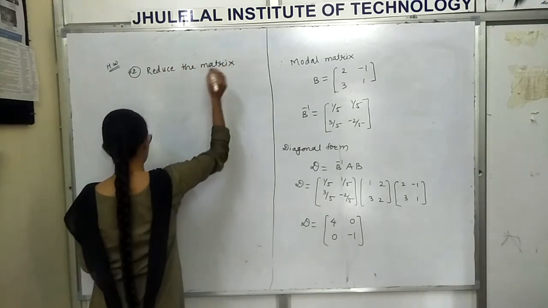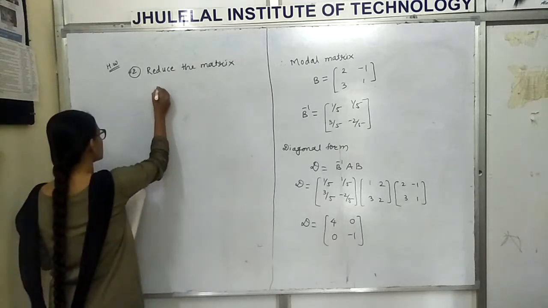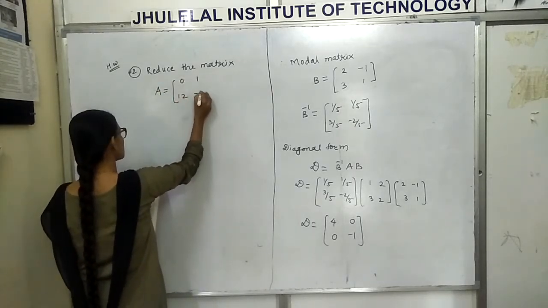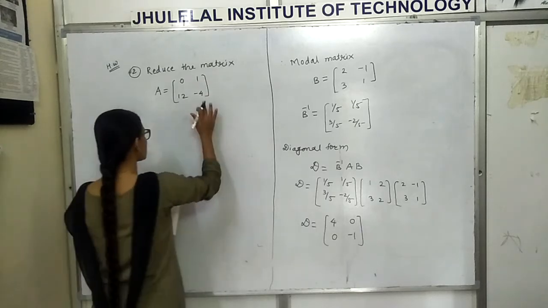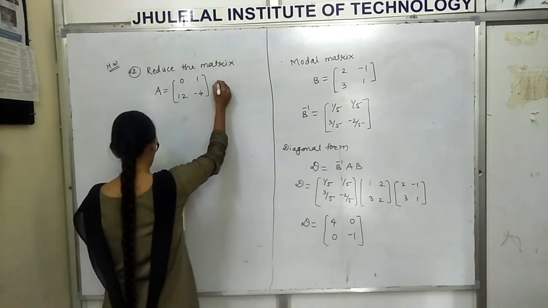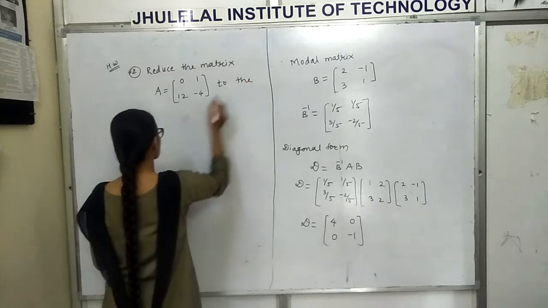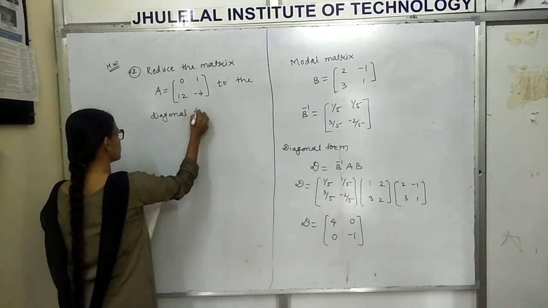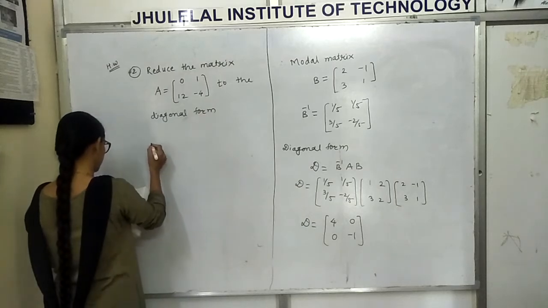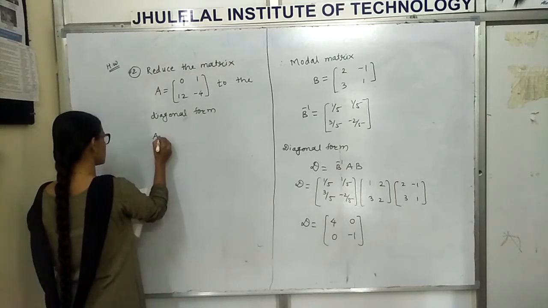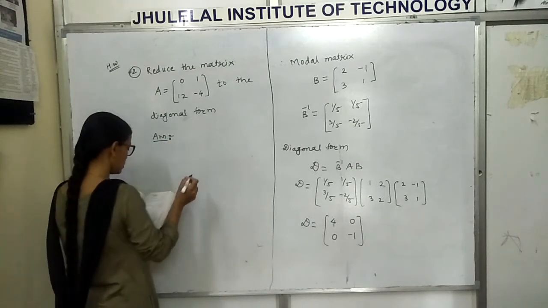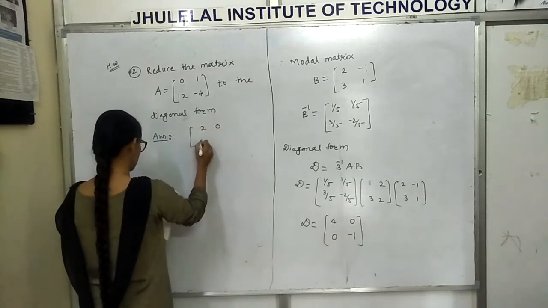Reduce the matrix A, 0, 1, 12, minus 4, to the diagonal form. I am sharing with you the answers also, last answer. The answer will come out to be